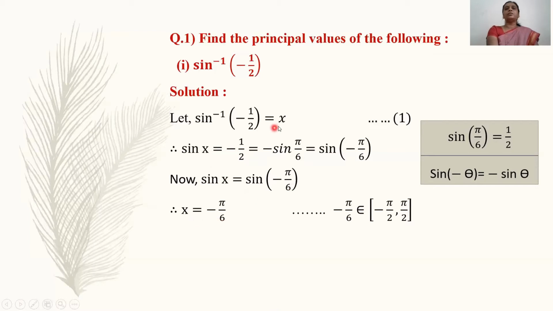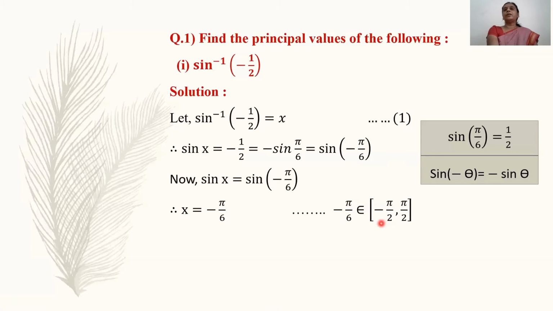And what is x? X is value of this inverse trigonometric function. But this value is applicable only if this lies in the range of inverse trigonometric function. And what is the range for sine? For sine, the range is the closed interval minus pi by 2 to pi by 2. I have given you the table of domain and range for inverse trigonometric functions. You go to that table and see there the range for inverse sine function is closed interval minus pi by 2 to pi by 2. I have to check this value lies in this interval or not.